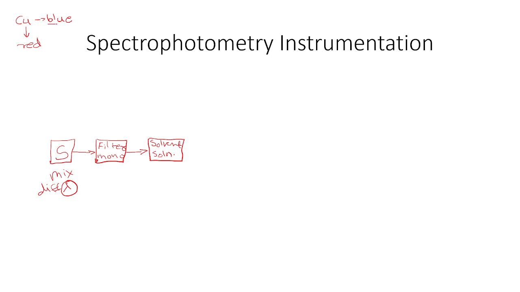Zero absorbance will be for this blue. Not for blue, sorry. The zero absorbance is there when copper is not there, but the complexing agent is there. When the complexing agent is present and the solvent is present, then it is zero absorbance. But when you start adding copper, then you will slowly get the red color. That is the concept behind it.